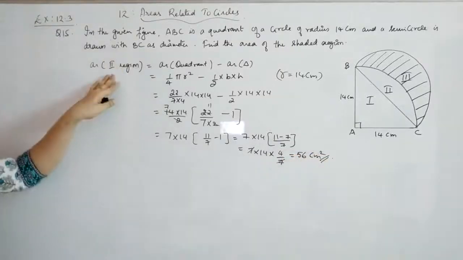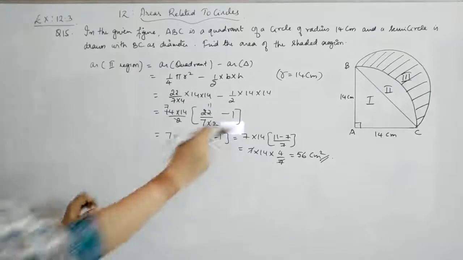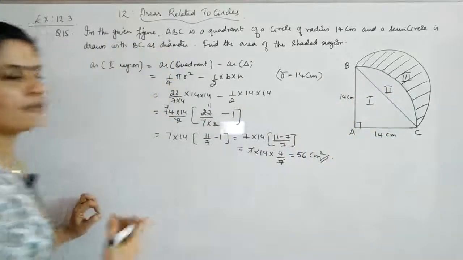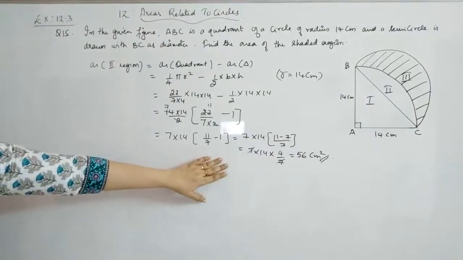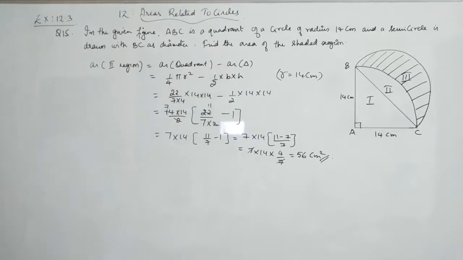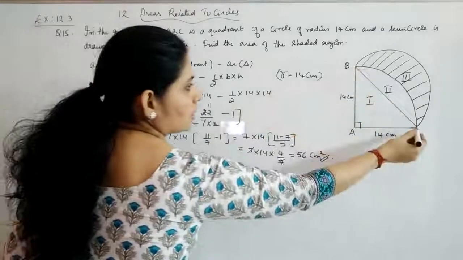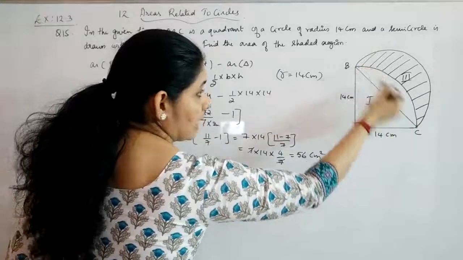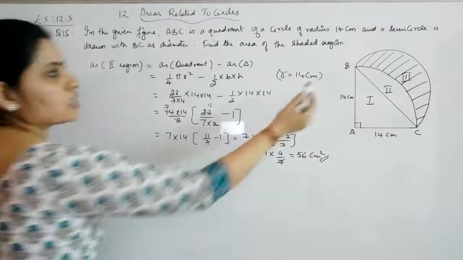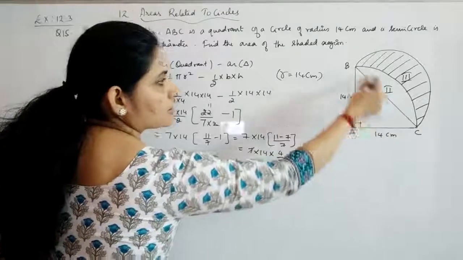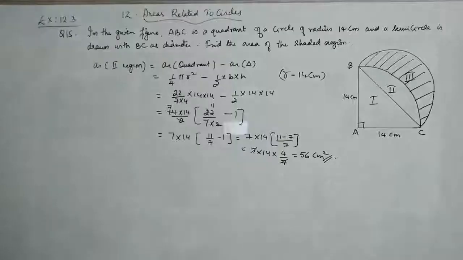So you have got the area of the second region, that means this region. Now what we have to do, we have to find out the area of the semicircle, and from that area of the semicircle you have to reduce this second region so that you will get the area of the shaded region. Now in order to get the area of the semicircle, you need the radius of the semicircle. How will you get? This is the radius BC. Okay, this is the diameter, and its half will give you the radius. So how will you find out BC? If you consider this triangle, it is right angled, this will be acting as the hypotenuse.